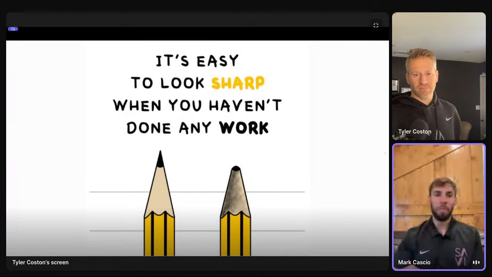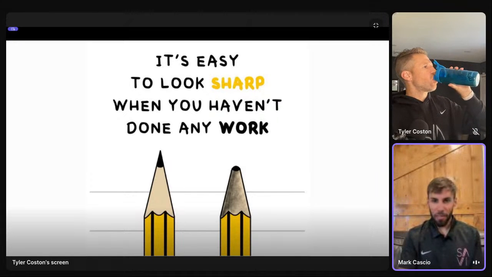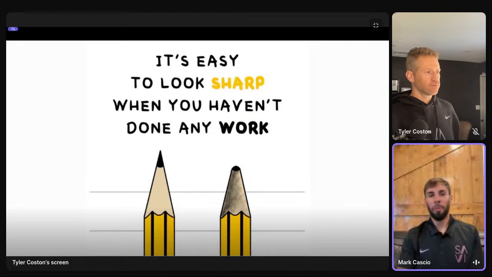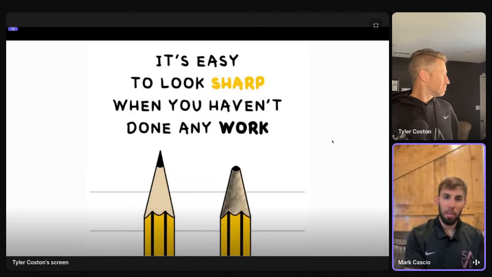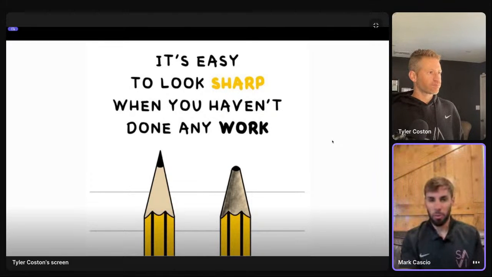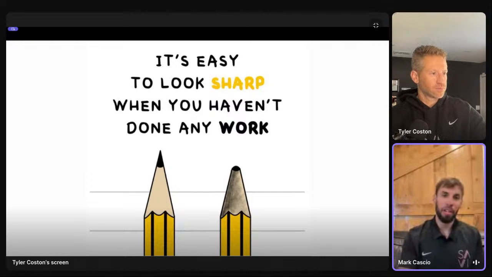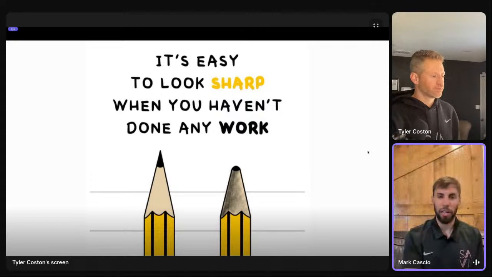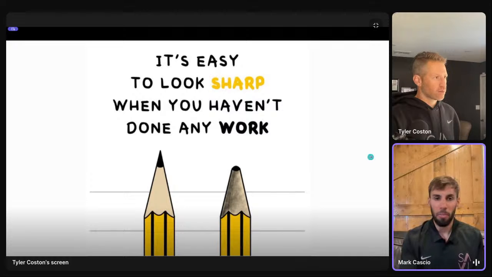Right? So we believe in the context of skill development that technique alone is insufficient. So, skill for us would be technique plus game context. And that's what the pencil on the right would illustrate: we may not look very sharp, but the reps that we're getting are going to lead to transfer to the game. So maybe fewer reps, but every rep is going to be more and more valuable.